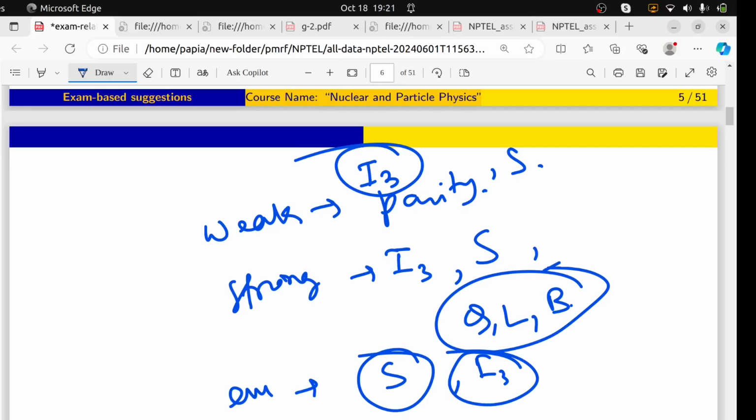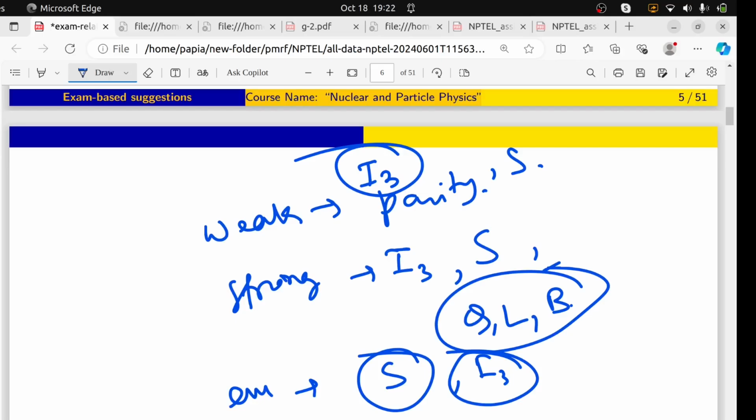Yeah, these two we can have without checking all these things. We can directly say. And whenever you see any strange particle, I will tell you one thing: in most probably 90% of cases it is a strong interaction. Obviously not 100%, I am emphasizing that, but if in any nuclear reaction